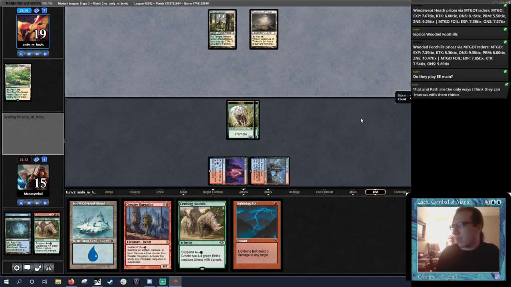Are they going to Path me? No, they should upkeep me. Well, maybe not. Yeah. I don't think they play... No, so Green-White Titan. Green-White...